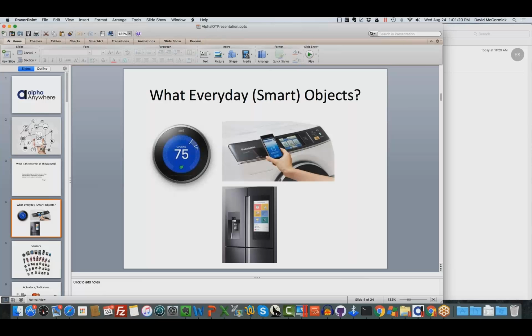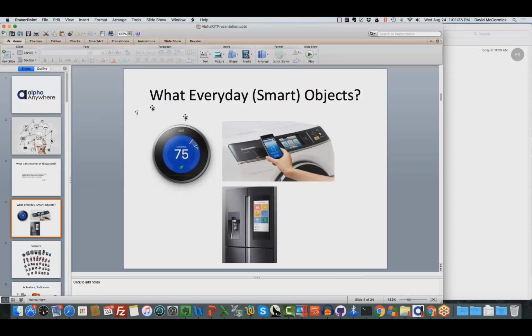Well, one thing that comes to mind would be the home automation movement that's taken over, which is something that's been following factory automation, train station automation, airplane automation, all kinds of things. But basically it's objects that you normally had, like your thermostat or your refrigerator or your washing machine, that now have embedded microcontrollers in them and sensors and, more importantly, the ability to communicate to a network.